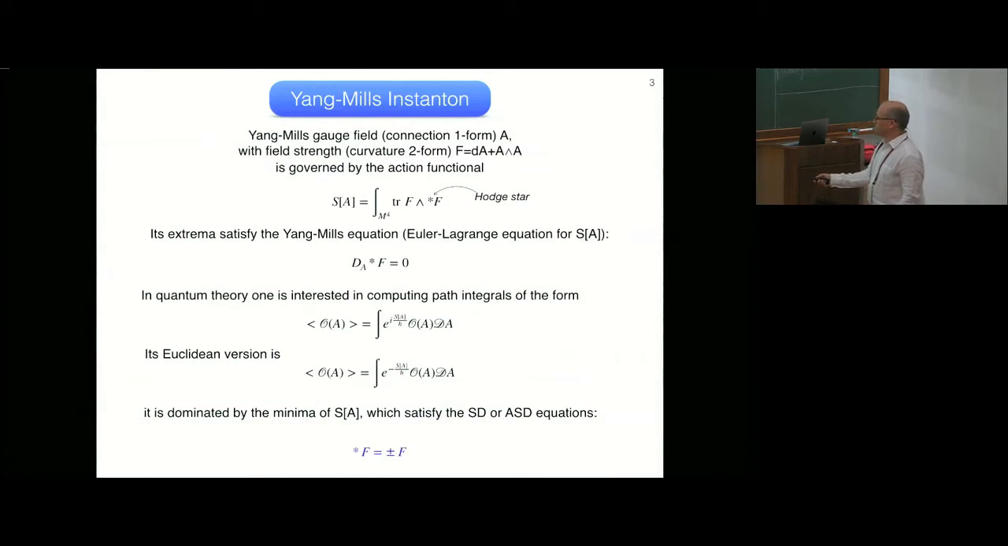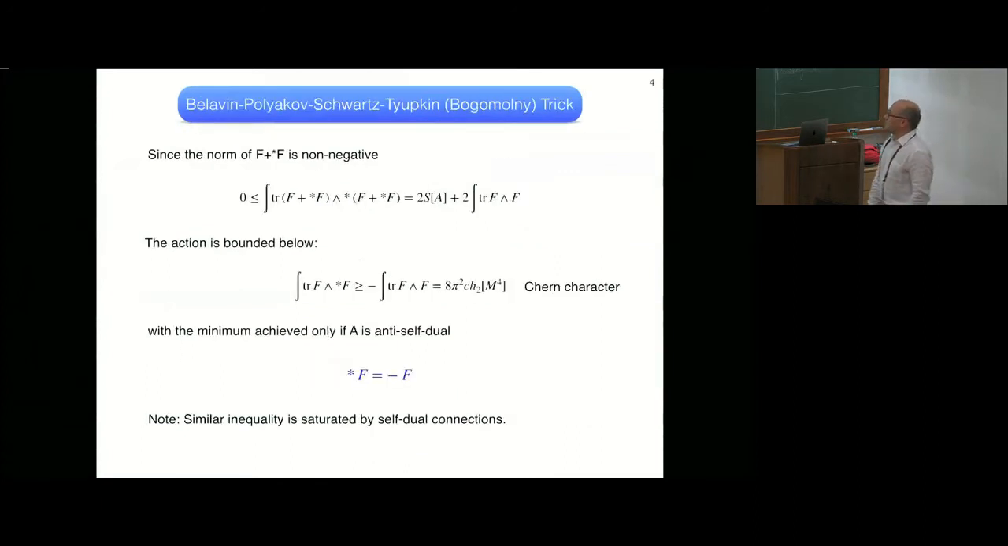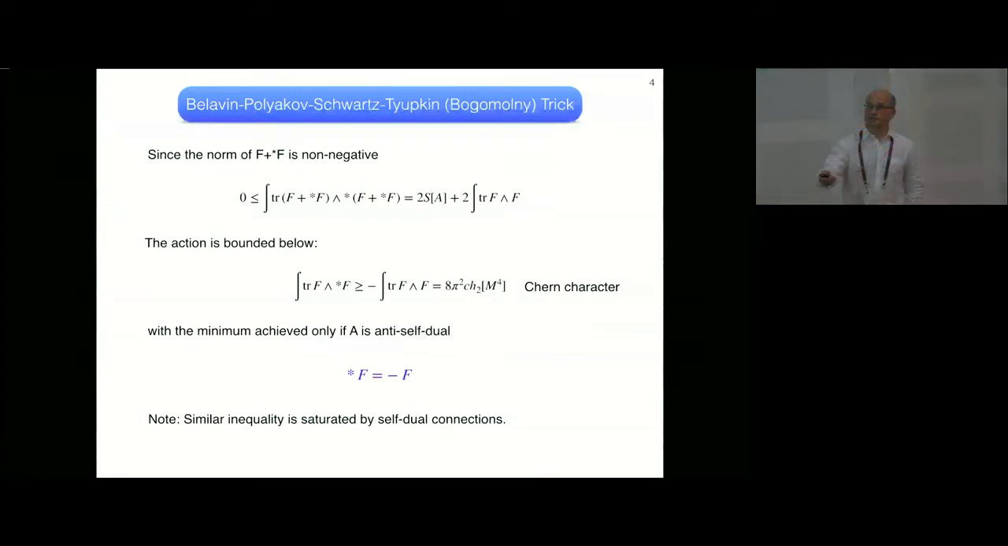And a minimum of this is delivered by a field strength which is either self-dual or anti-self-dual. Now, why is that? This is an argument originally by Belavin-Polyakov-Schwartz-Tyupkin, and people call it the Bogomolny trick. And it's simply based on the fact that if you take the difference of these two, or the sum of these two, F and F dual,